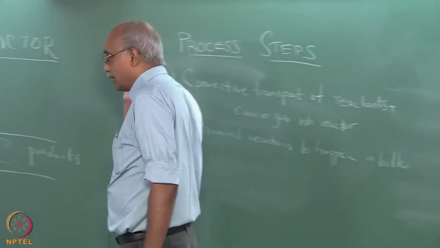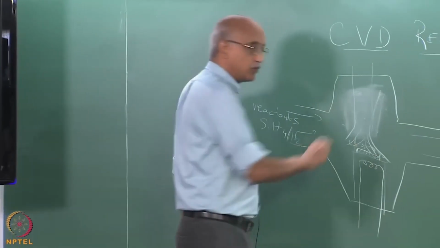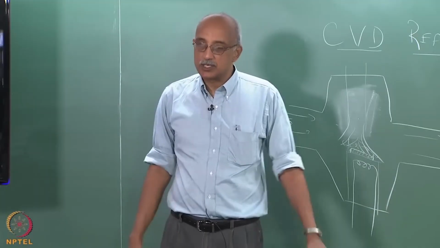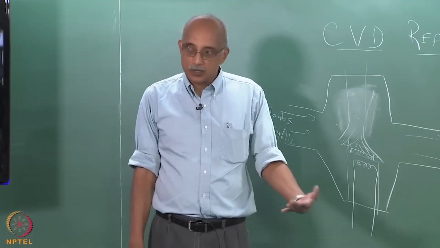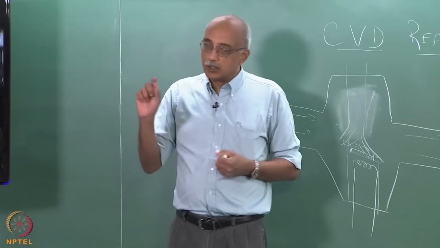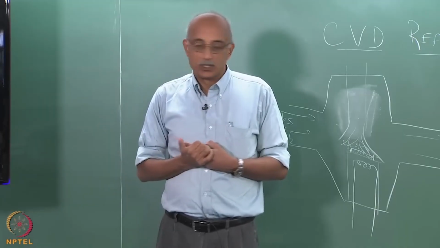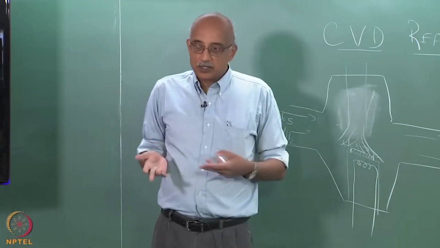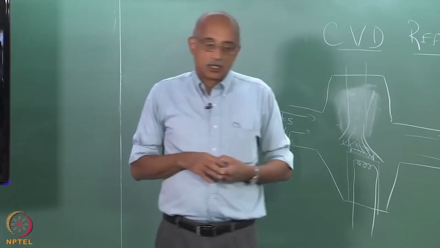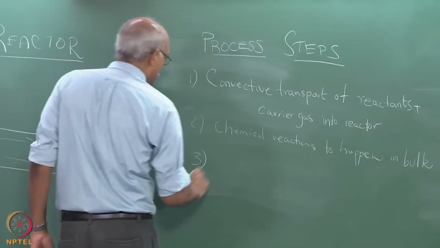When I talk about the bulk, what I am talking about is the locations in the gas stream that are very far from the substrate where the deposition is taking place. We can also call it mainstream, we can call it free stream, or we can call it bulk fluid. But whatever term I use, I am basically referring to a location in the gas stream that is sufficiently far away from the substrate. So, chemical reactions will continue to happen as long as you have appropriate temperature and pressure conditions. But in addition, we want that